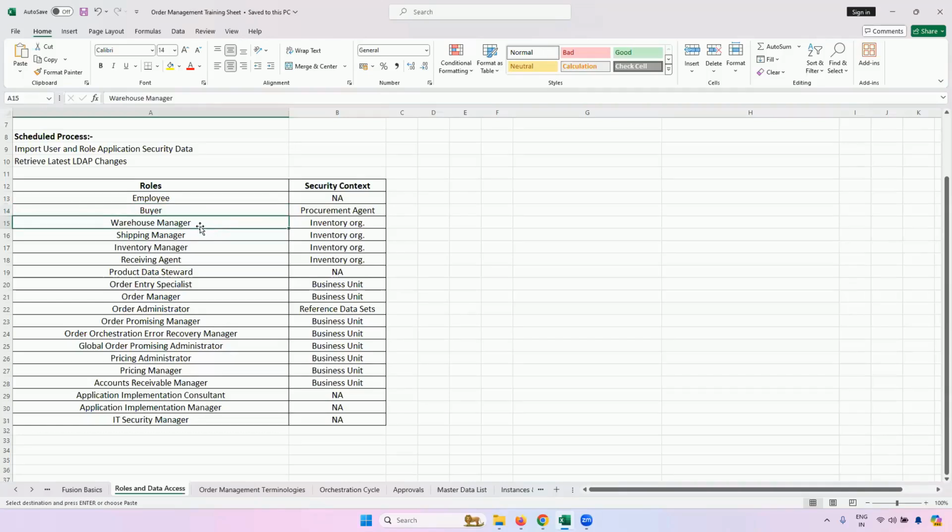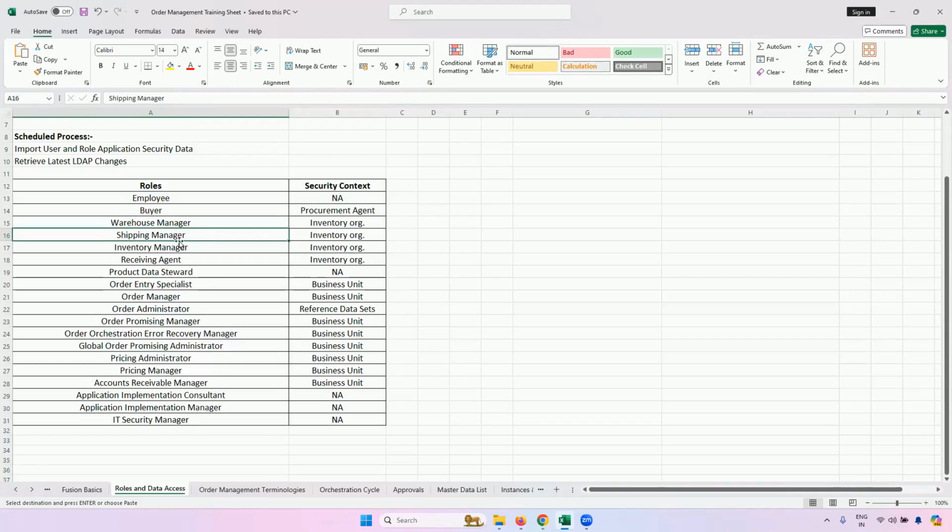Then there is a warehouse manager role. Suppose you have got a sales order from a customer, you are reserving the quantity in your warehouse, and then you are picking it up from the sub inventory and sending it to a staging area. From one location to another location, you're transferring your stock or goods. That can be done by the warehouse manager only. You call it picking in Oracle.